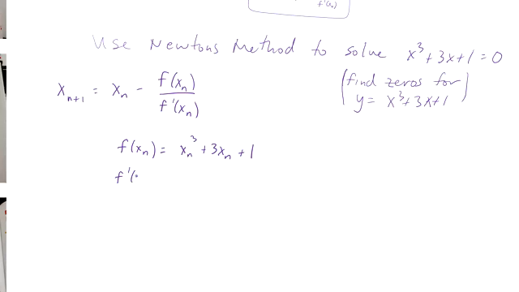F prime of x sub n is simply the derivative evaluated at x sub n. So remember, y prime is 3x squared plus 3, so it's 3x sub n squared plus 3. So my n plus 1 term for Newton's method is x sub n